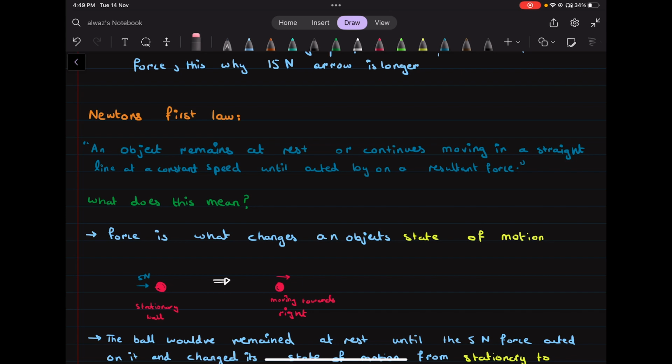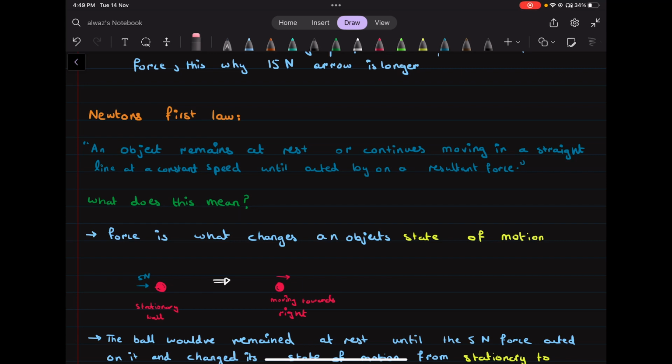So the first Newton law states that an object remains at rest or continues moving in a straight line at a constant speed until acted on by a resultant force. Now this definition is very long and it can be a little bit scary, but it just means a very simple thing. This definition means that an object is going to continue its state of motion unless acted on by